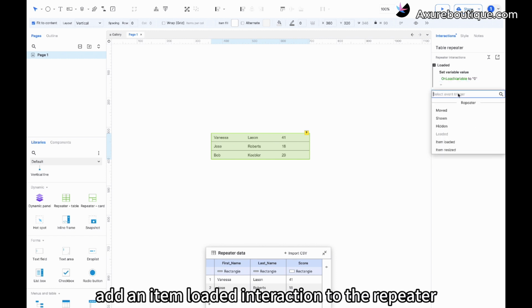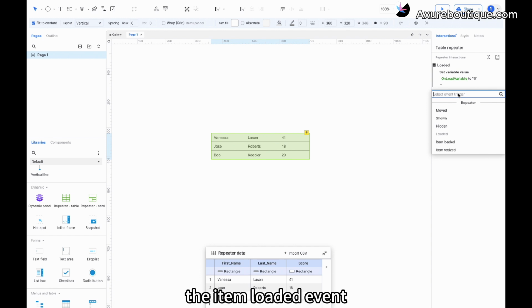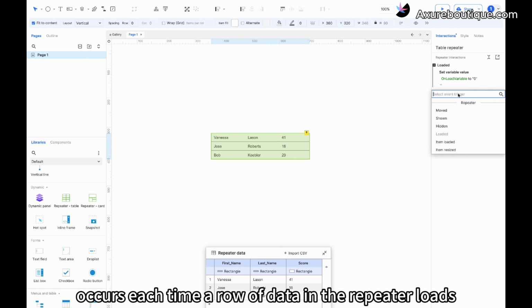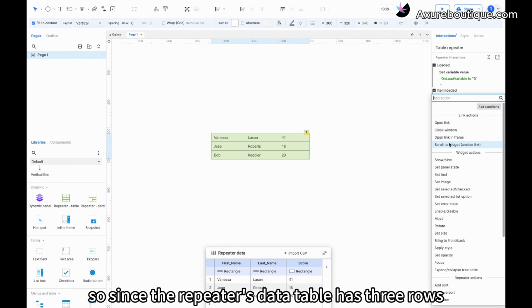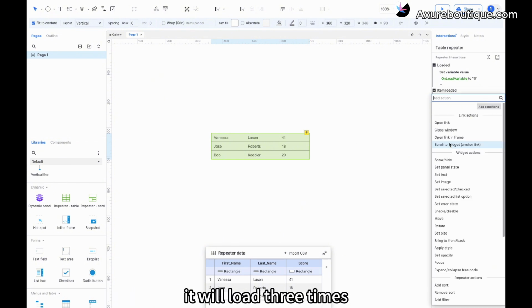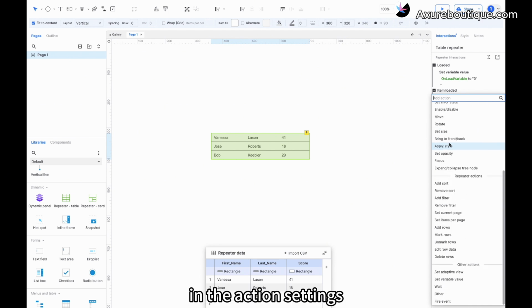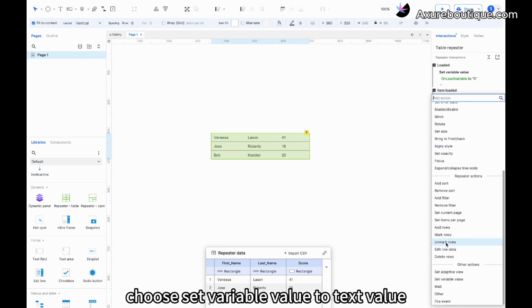Add an item loaded interaction to the repeater. The item loaded event occurs each time a row of data in the repeater loads. So since the repeater's data table has 3 rows, it will load 3 times. In the action settings, choose Set Variable Value to Text Value,